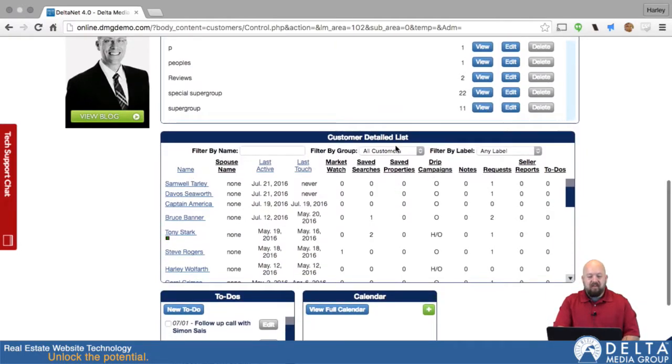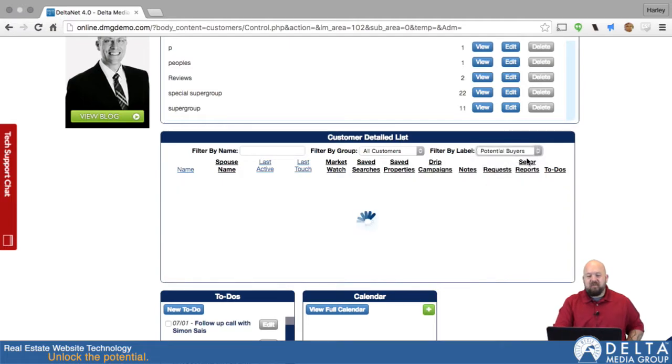And then the customer detailed list will show everybody, and you can also filter this by the label we used. So we said potential buyers. The only thing that'll show up in this drop-down are labels that we have customers attached to. So the reason we only see 2 is because I only have these 2 labels attached to different customers in the system. So if we say potential buyers, it'll just show the people that we have labeled as potential